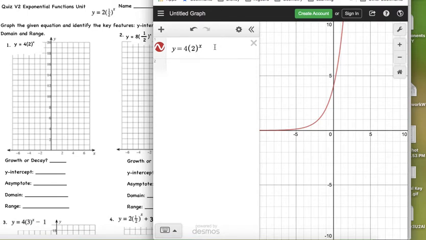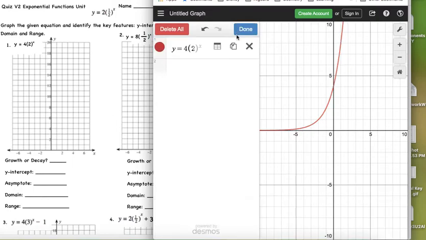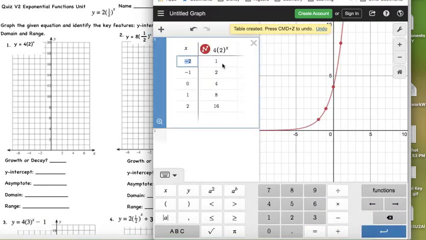If you want to take this equation, you want to make a table out of it. You click in where you're entering it, you click this gear, looks like a flower, and then you click this one that looks like a table. And that's going to give you a table of values. Our typical values are -2 to 2, but if you'd like to add any more values, you just click down here and you just type in the number that you'd like to see. So I'm going to use those values